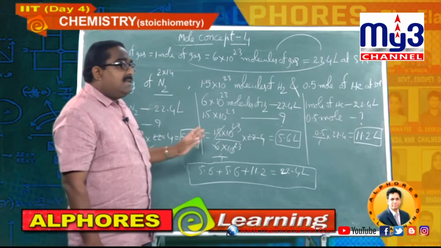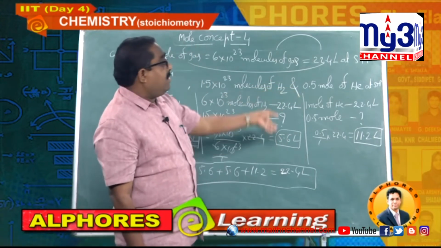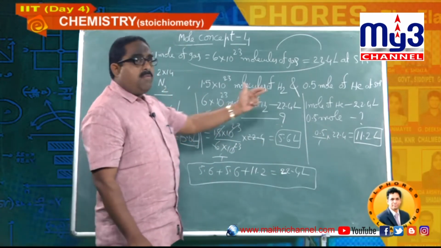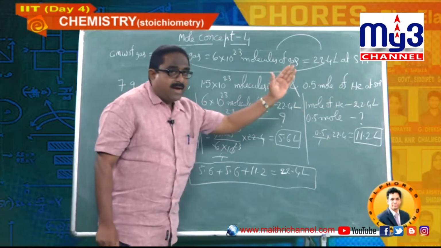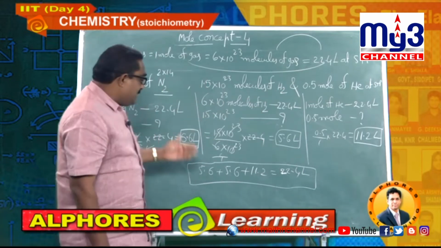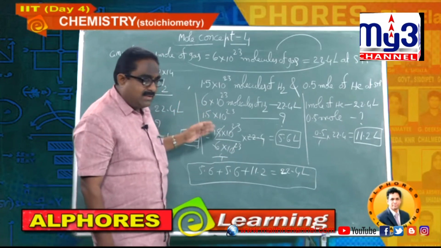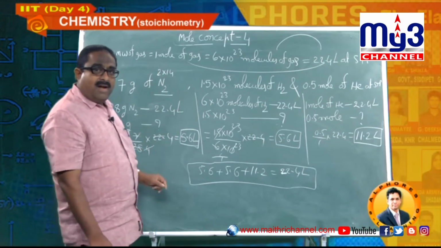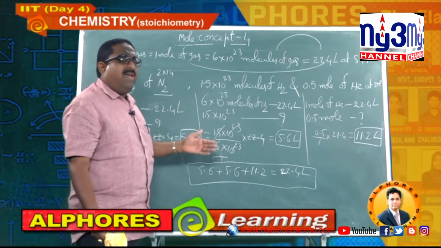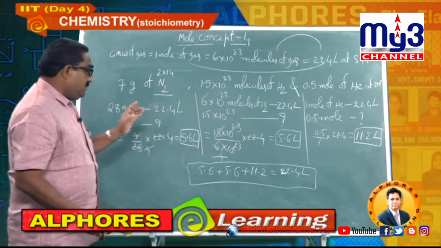Already 5.6, this 5.6, 11.2. And then see this, 1 mole of gas 22.4, 0.5 mole of gas, half of that, 11.2. Already 11.2, 11.2 plus 11.2, 22.4. So to crack the national level examinations, a brain should work like a calculator. See, I am giving only the fractions, half fraction, 1/4 fraction, like that. Concentrate, students. You apply your brain rather than pen and paper, and after some practice you will get a lot of ease towards calculation. Don't forget about that. I think you all note it down.